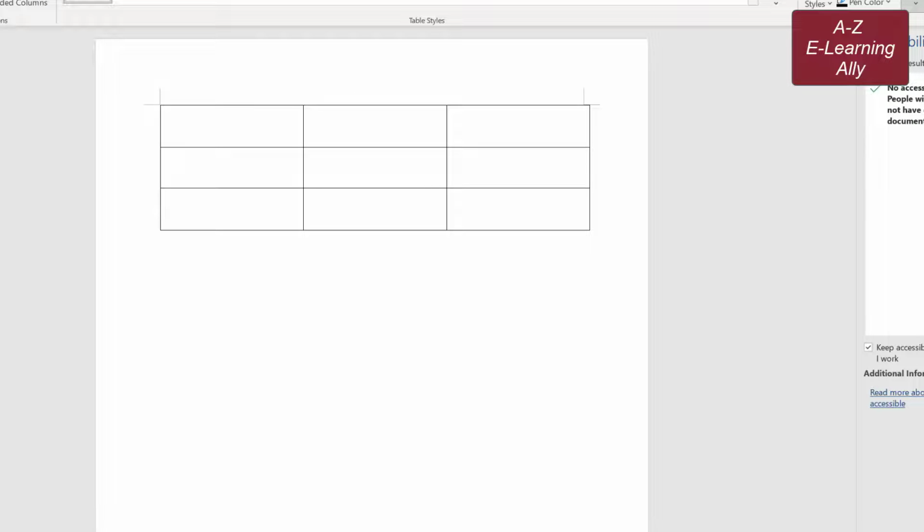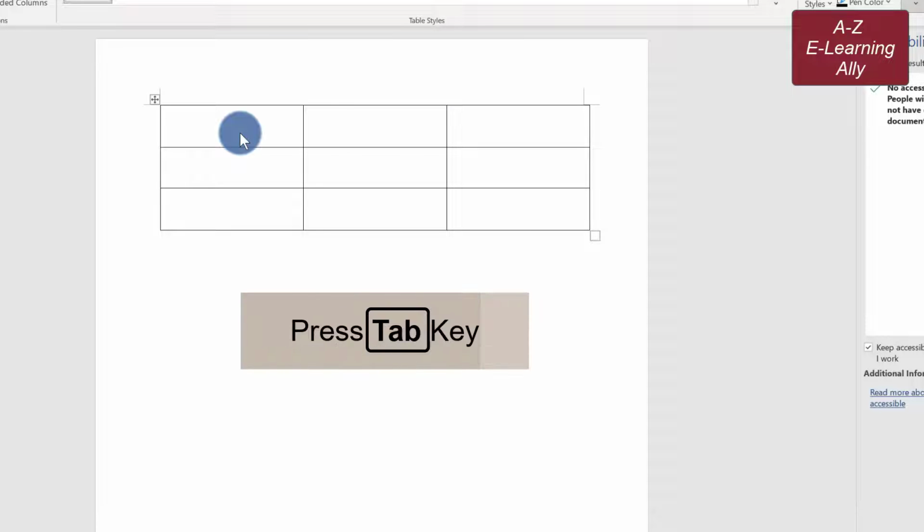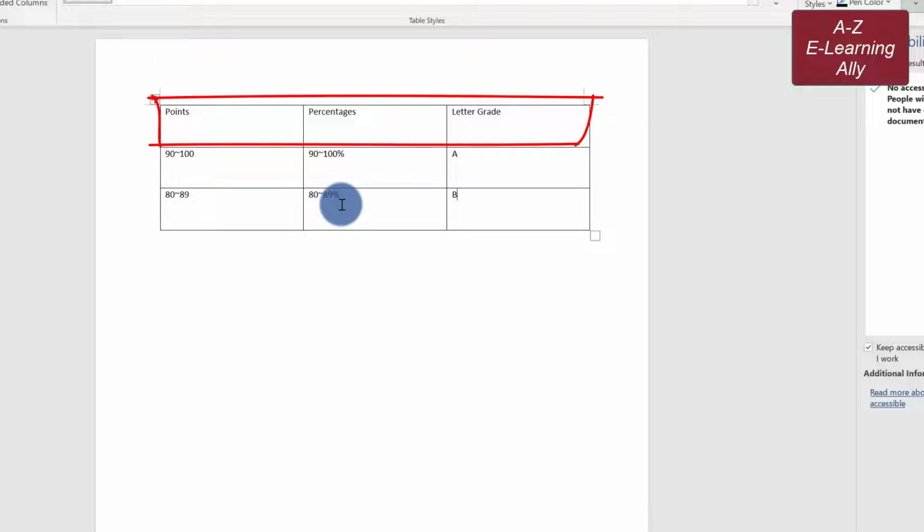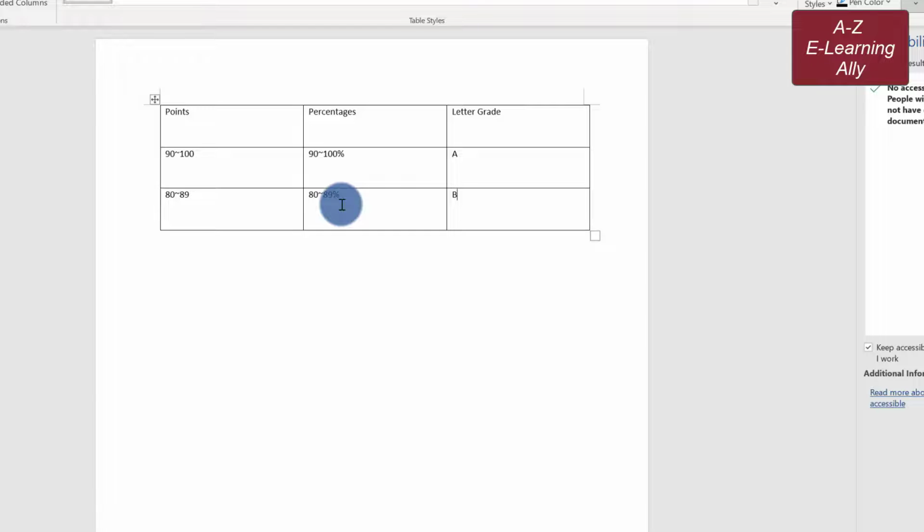Third, place your cursor in the first cell on the top row of your new table. Next, type the name for this column and then press Tab to move from one column to the next. You can add additional column names as needed. As you see here, I'm typing additional columns now. Your table now has column names, which make it easier to understand the information that the table contains.